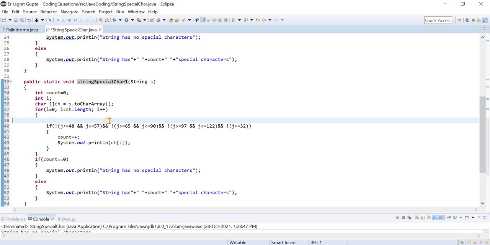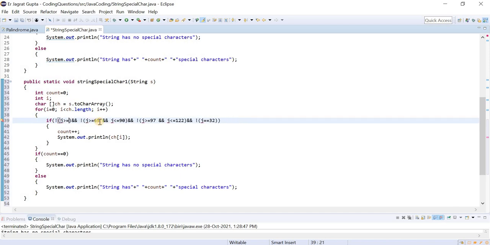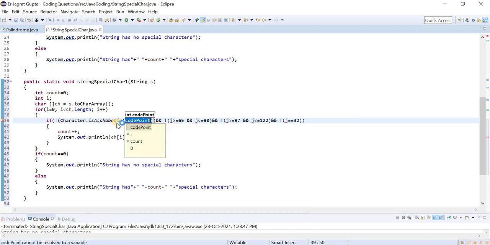Okay. And what we will do, we'll write like this. Inside the ASCII values, we'll use the character class. So if Character.isAlphabetic, and here I will write ch of i. That's it. Okay.